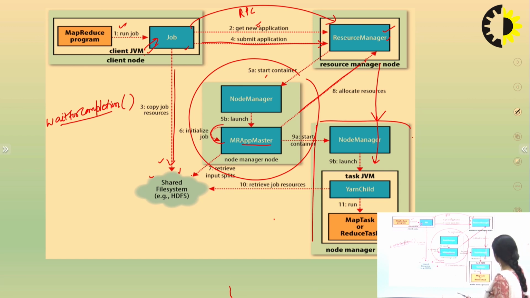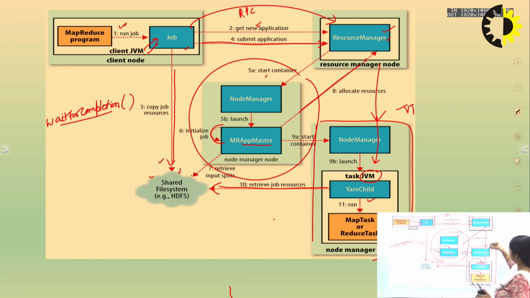This node manager will retrieve the jar files from HDFS because it knows the block ID. Resource manager provides the block ID which the task manager has to process. Now, this task manager, or you can say node manager, will retrieve the jar file from HDFS and launch a JVM to execute that particular task.